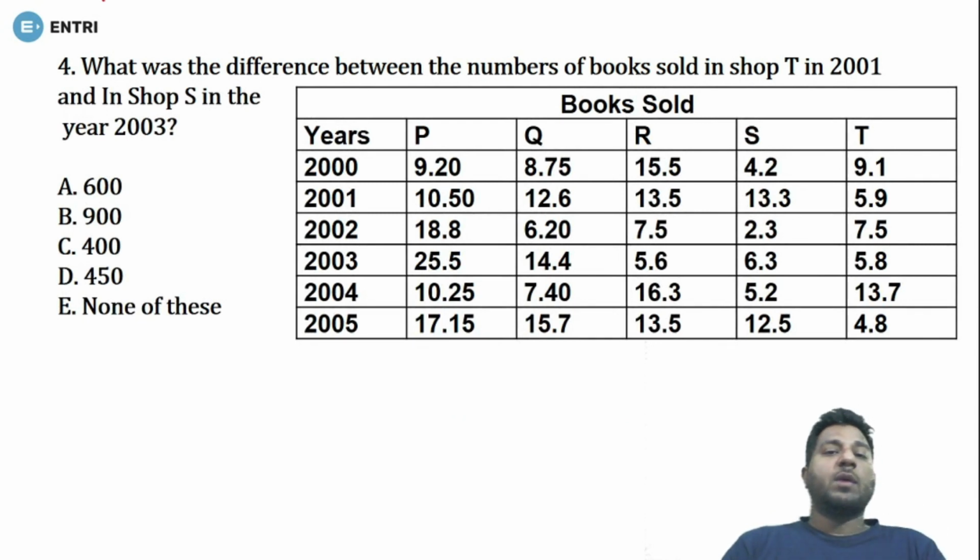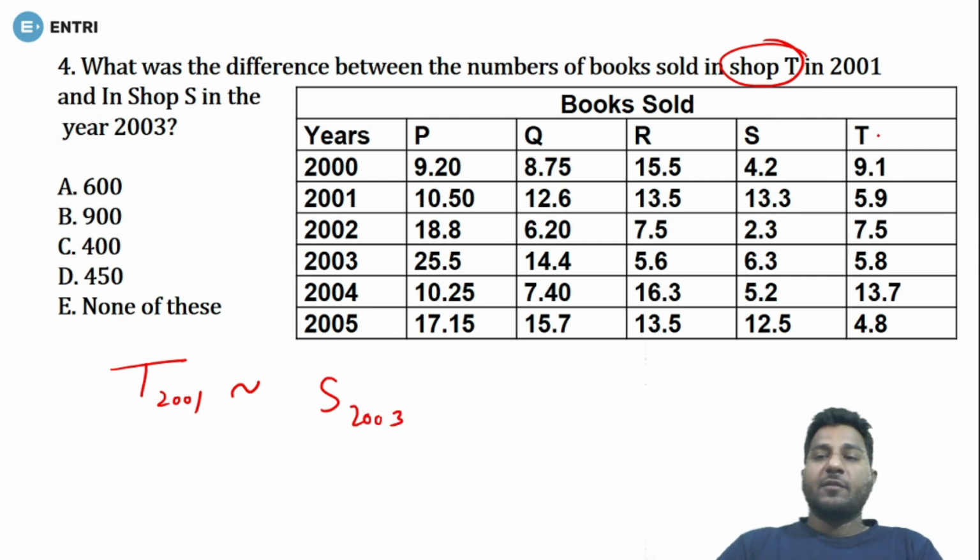Next one. What was the difference between the total number of books sold by shop T in 2001 and shop S in 2003? Look at this. First of all, you need to mark shop T 2001. So it will be 5.9 and shop S